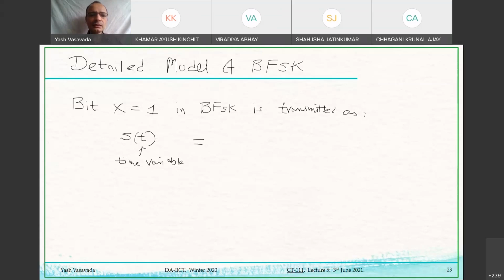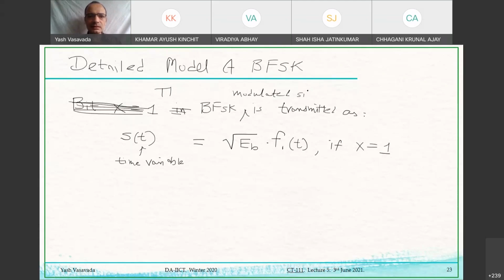S of t is, what is it? It is square root of EB times F1 of t, if x is equal to 1. Okay, so maybe I should not have this part. Let me strike it out. So the BFSK modulated signal is written as or transmitted as square root of EB F1 of t if x is equal to 1, and